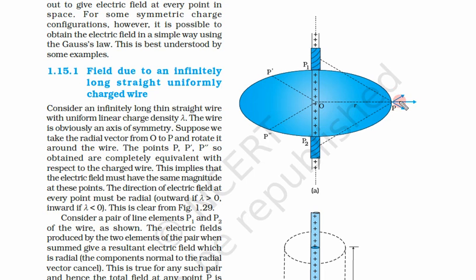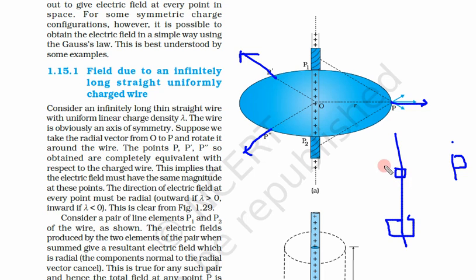So what we saw is, whatever the case, the field is always radially outward. Now the second thing we have to understand: since this is an infinite wire, we took this piece and another piece like this, P1 and P2, and tried to find the electric field at this point P. Next, when we take a new point P here,